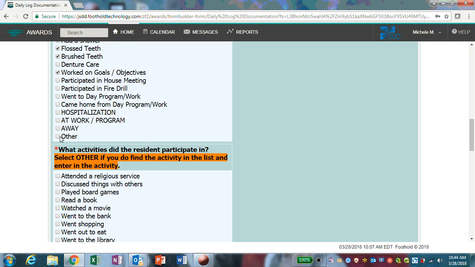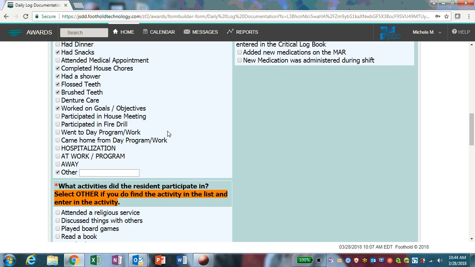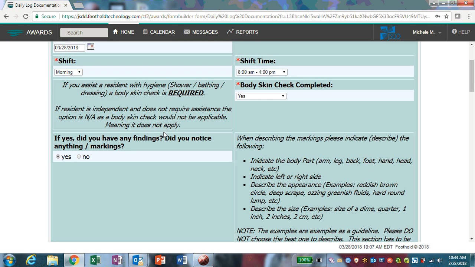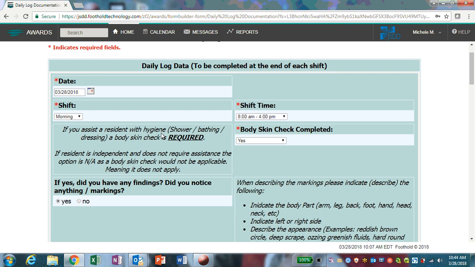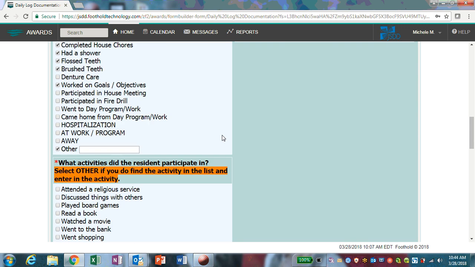Away or other. Now, other, this is where I would select other, and this is where I can write and indicate a little bit more information. If body skin check was completed, yes, but this person does not require assistance in hygiene. This is where I can write here,